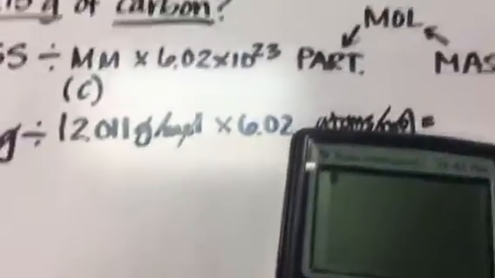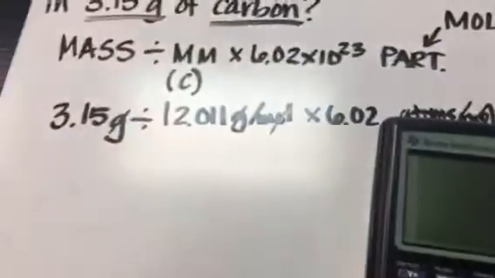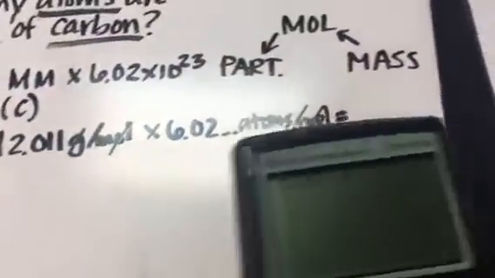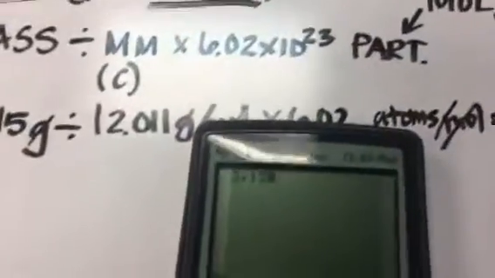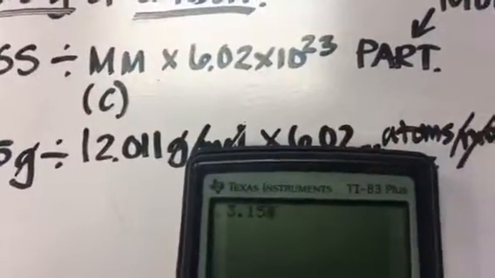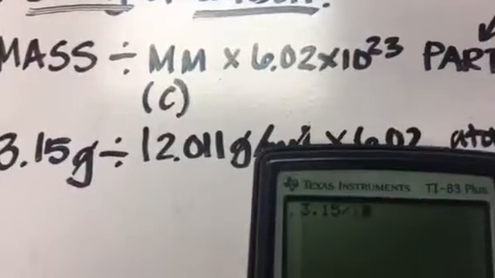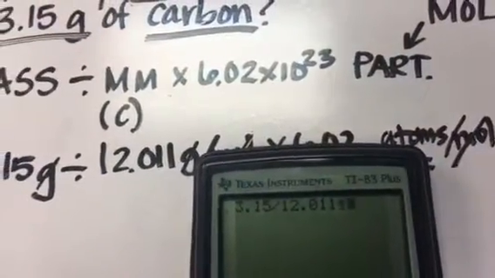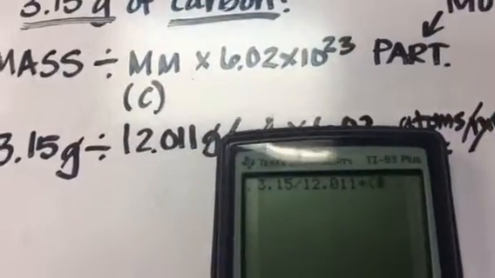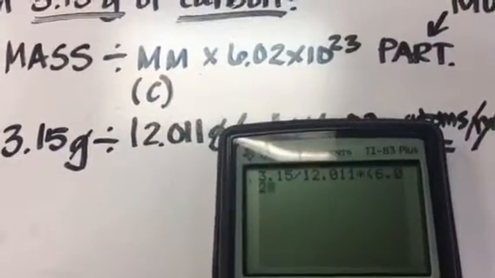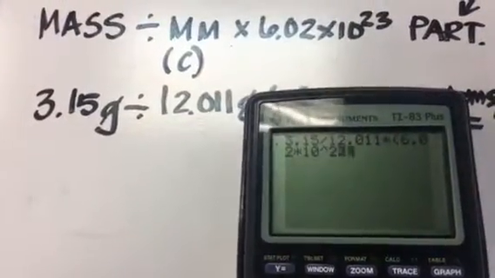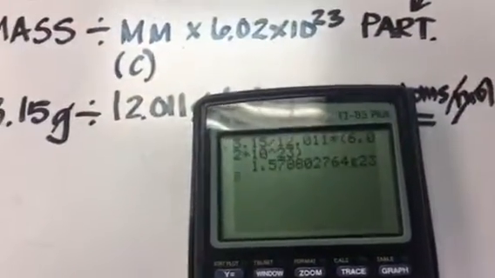All right, so then we go ahead and plug this in here. Again, you start with 3.15, careful, divided by 12.011. Don't round that. Times Avogadro's number, and I always like to put that in parentheses, because when you're dividing, it will make a difference. So just get used to doing that. Equals